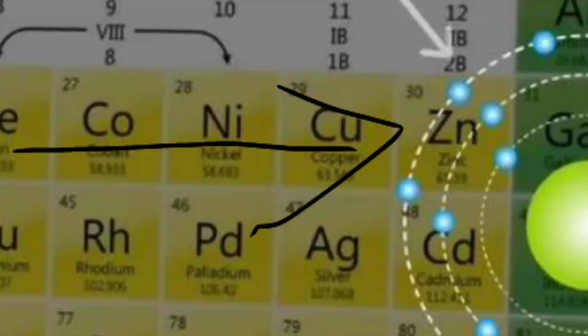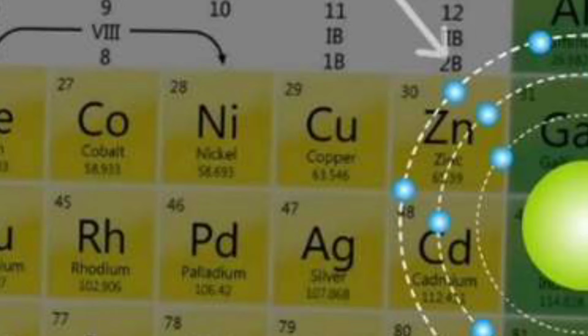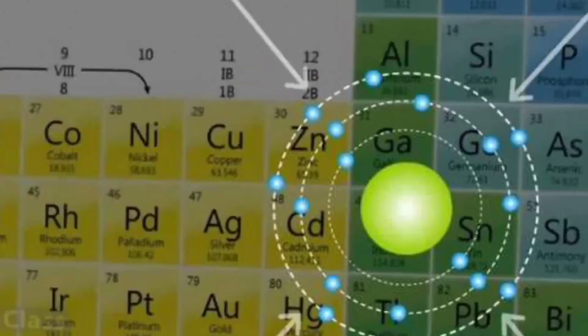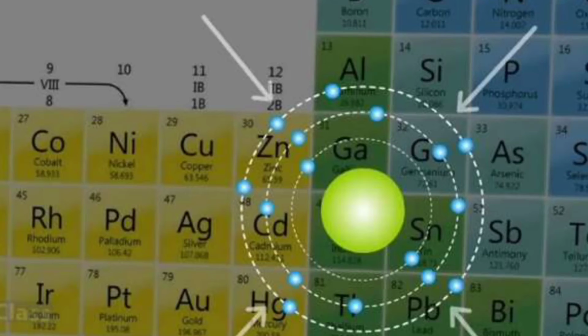Say here it is 27, cobalt. What is nickel? 28. So what is happening? Atomic number is increasing. When the atomic number increases by 1, that means one positive charge on the nucleus is increased. One proton will increase here in the nucleus, see my pointer. But at the same time an additional electron also will get added to the outermost orbit. So one more electron also got added here, right?